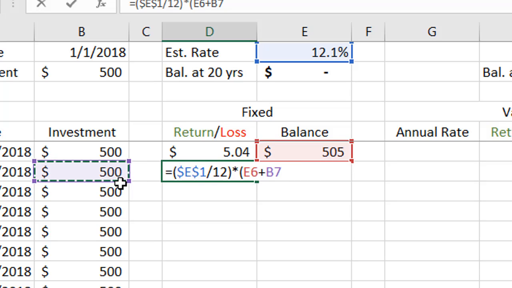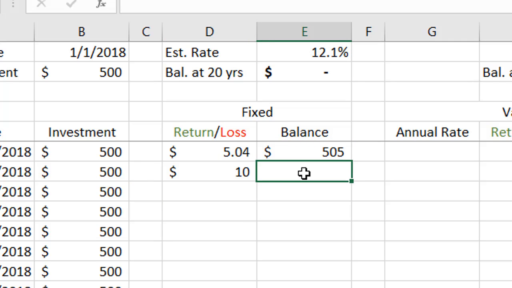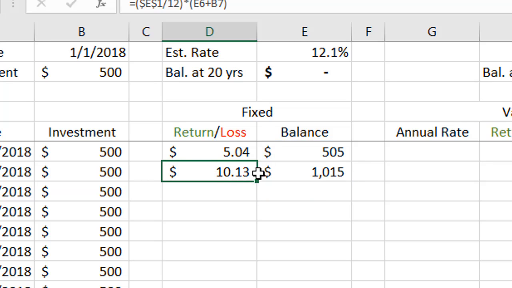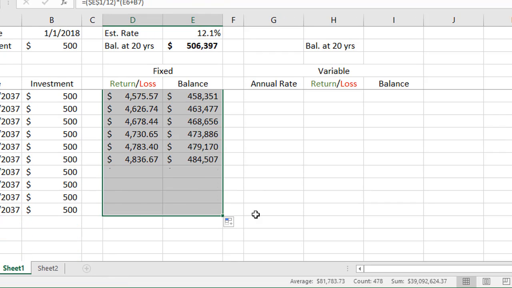So basically, $1,005. And that's going to get me to $10. And my new balance is going to be equal to my old balance plus my investment plus my gain. And there we go, and I'm up to 1,015, and so forth. And we can kind of just continue this on. I can select both of these cells and just fill down, and so I'll end up with a little over